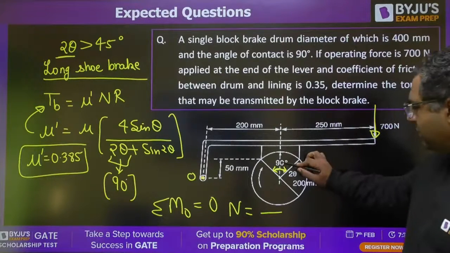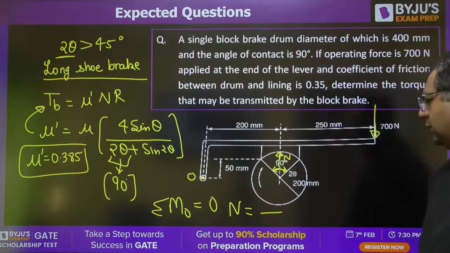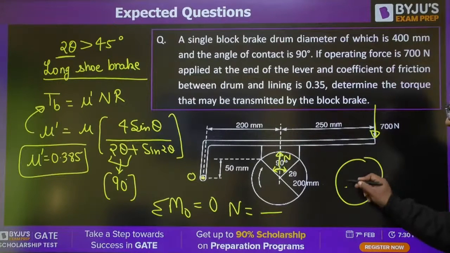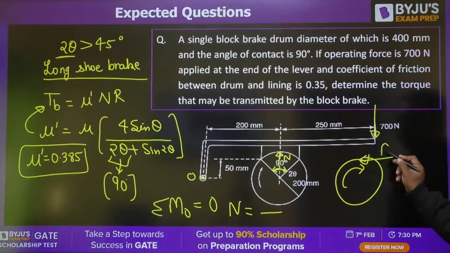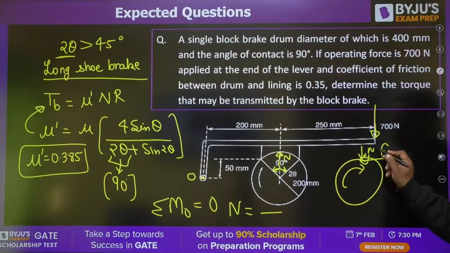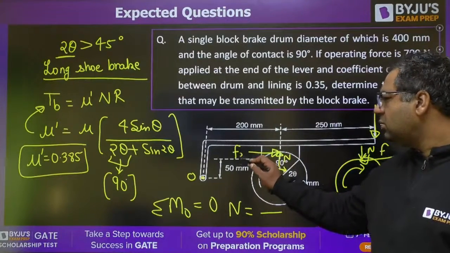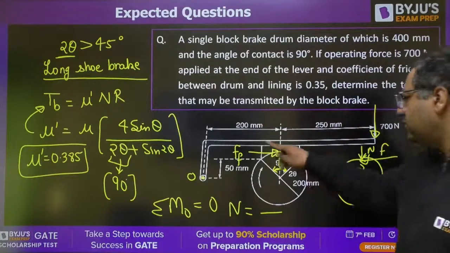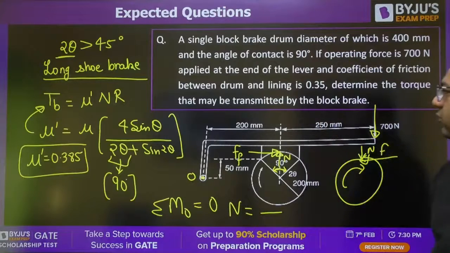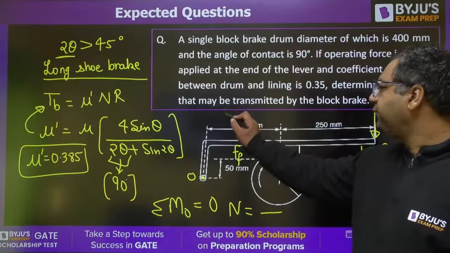So you know that normal reaction will be coming like this. If it is rotating like this, on this the friction will be like this. So friction on the lever will be in this direction. So this is creating clockwise. Friction will also create clockwise. Friction is of helping nature. So you can write